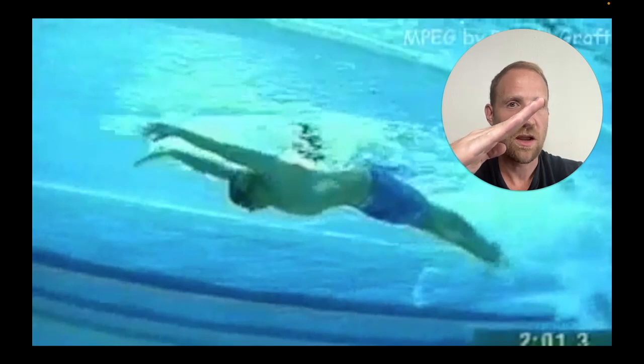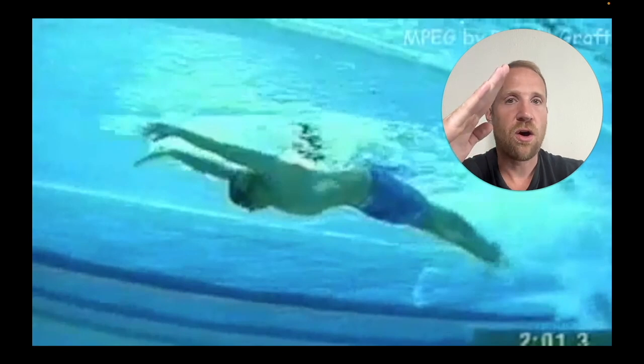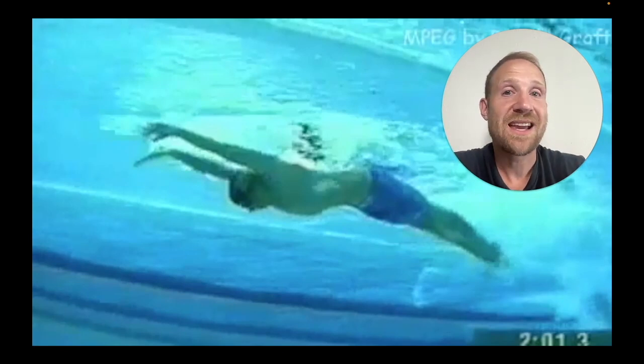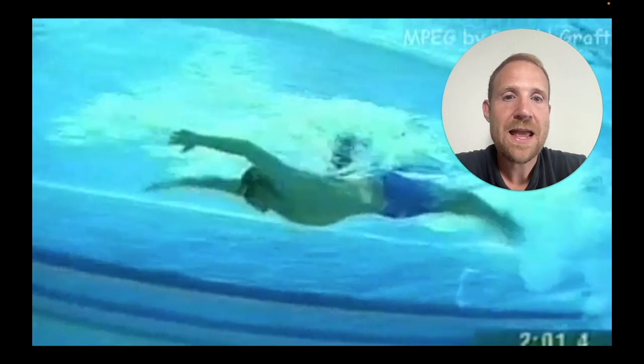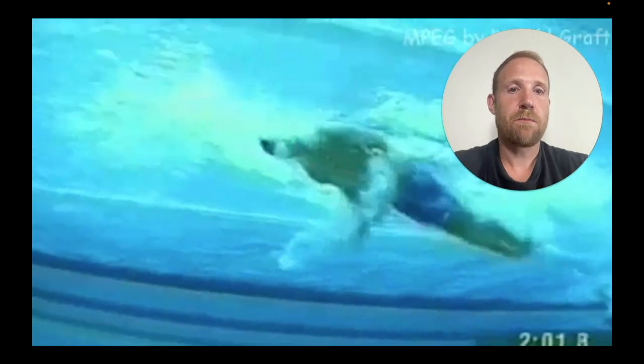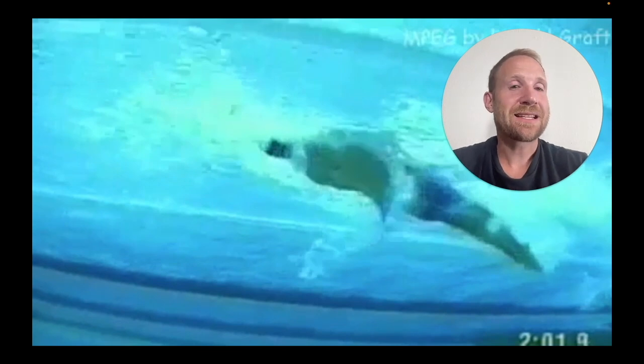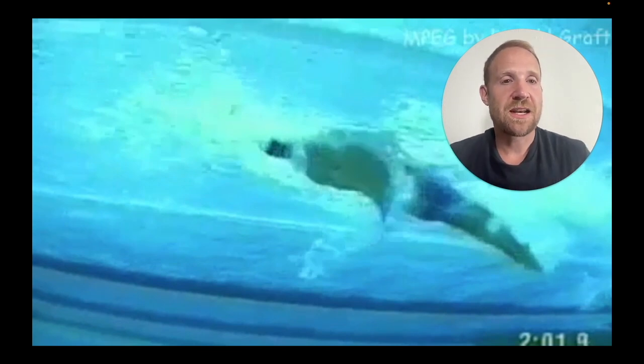They get more vertical, and it all just falls apart. And so that first kick is key to get everything back in line. And then here, boom. The kick needs to get the hips back up so the swimmers can actually get their